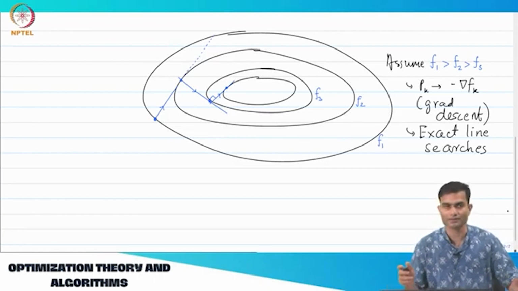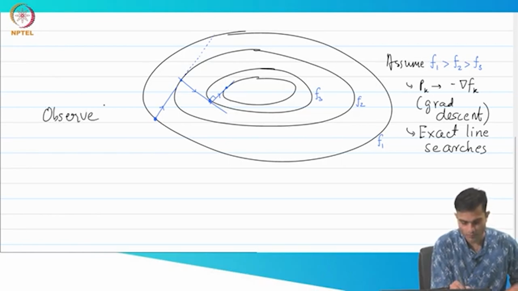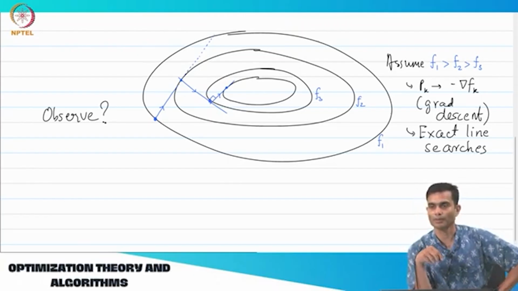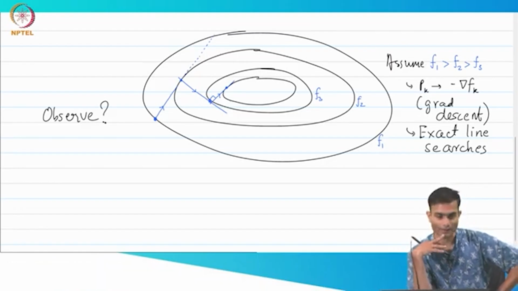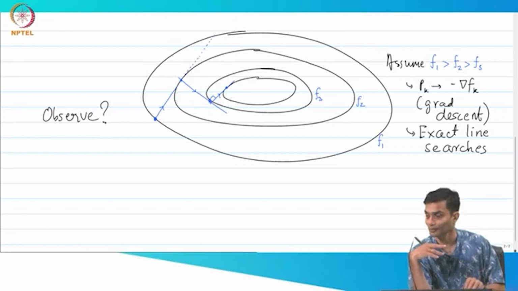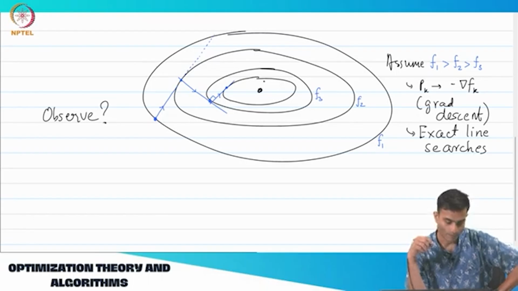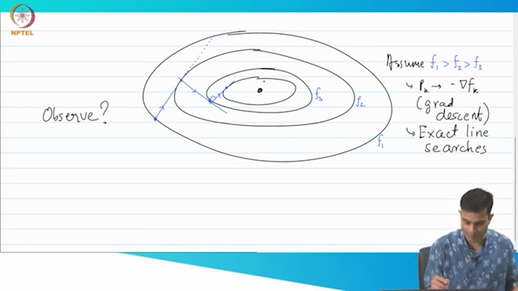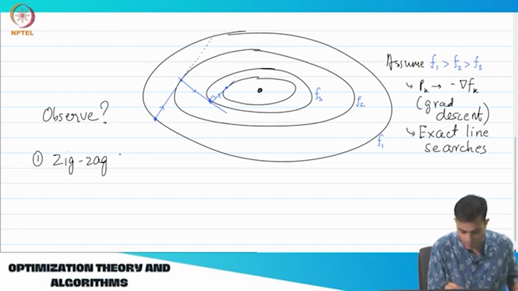So what are the observations that you, let's note that down, it's quite important over here. What do we observe? Looking at this, assuming you're following my drawing, what are the kind of key observations that you can make looking at this? So the true solution was sitting over here at the center, right. So what can you say about the trajectory? Is it straight line or zigzag? It's a zigzag trajectory. In general, it's a zigzag trajectory. So the first thing that we observe is zigzag trajectory,